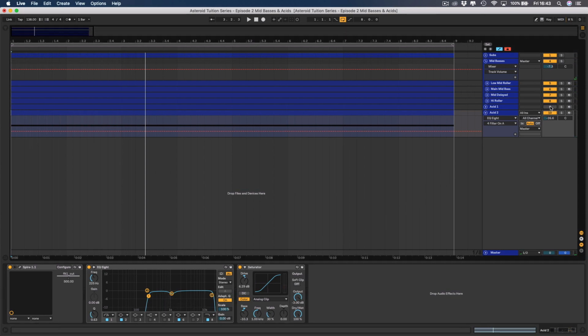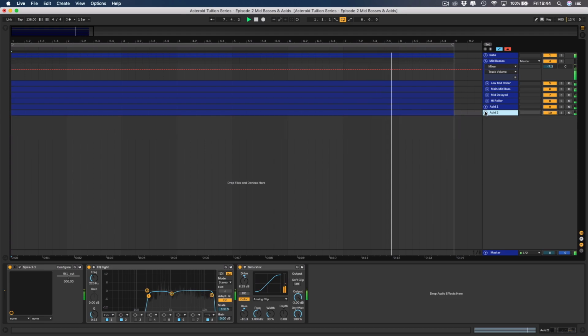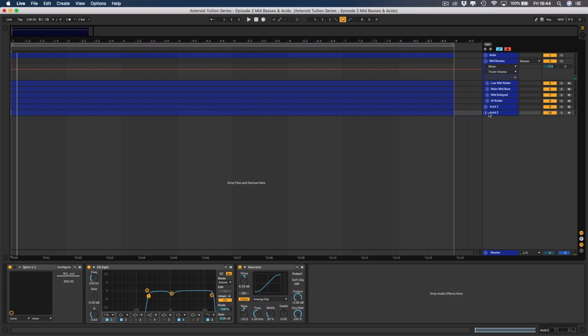You can also have the classic one running alongside that too. Okay, so it's just something to complement the mid basses